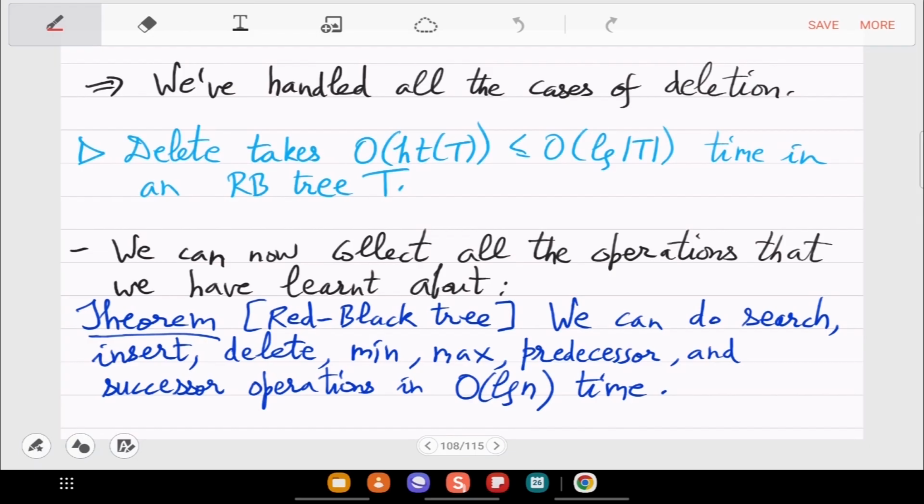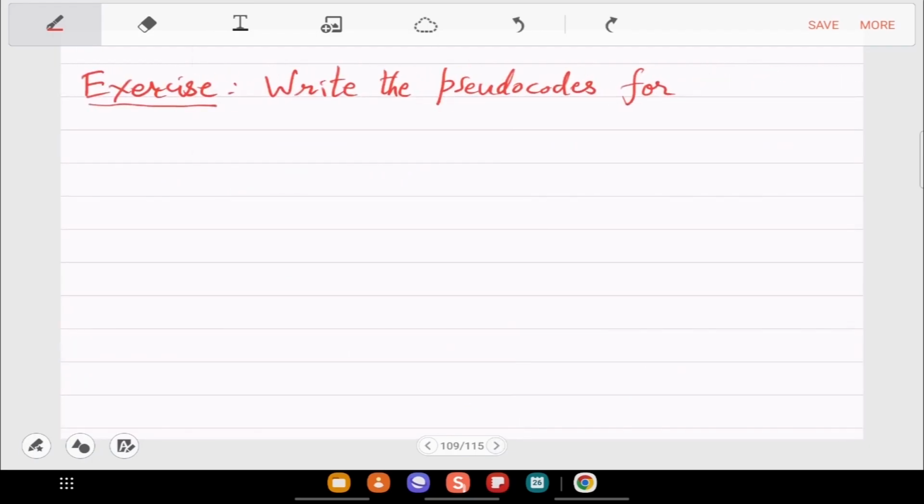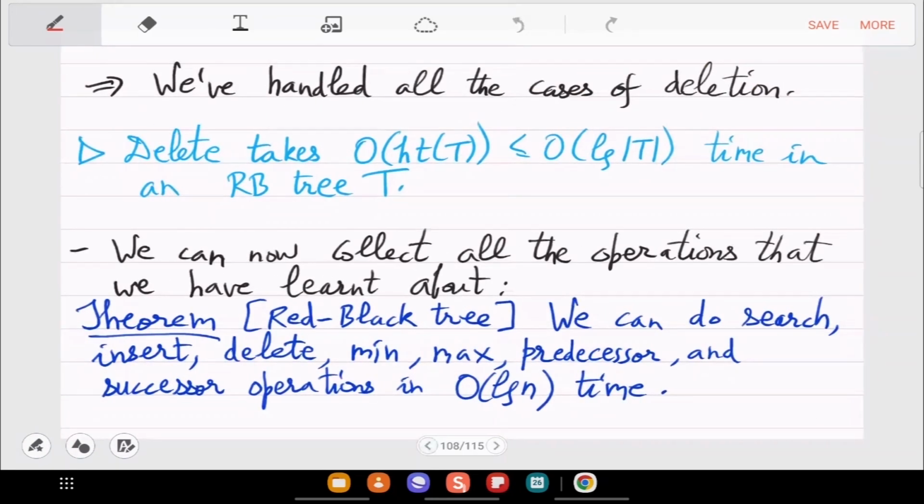For predecessor, it may be a zigzag. You might have to go left and right, depending on the data. So it's better that you practice this. Okay, so these 4 ones you have written, then in search, insert, delete you have seen already. So then you will have all the operations in log n time. There are more operations which can be done in log n time. Maybe I'll mention these in the assignment.